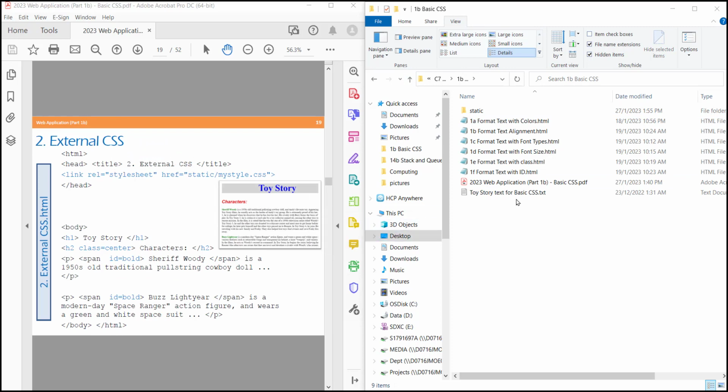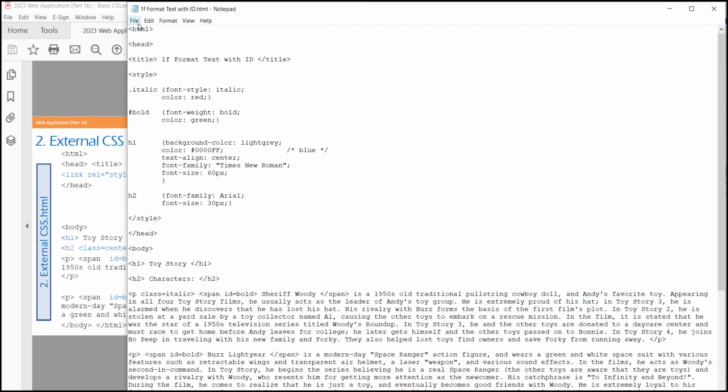In order to link to the mystyle.css, now we will edit our HTML file. I will use the 1F format with text with ID. I will use this to edit. Let me save